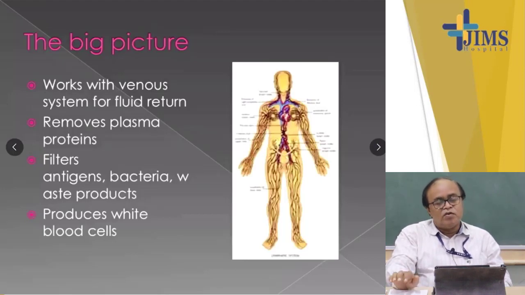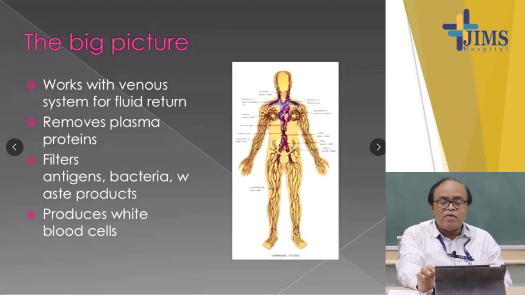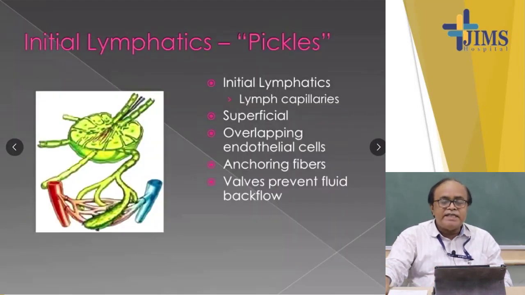The 10% which is perfused in the tissues for their nutrition, supplying of nutrients and other materials, and collection of bad elements from the body, is carried back to the venous system by the lymphatic system, and it removes plasma proteins, filters antigens, bacteria, waste products, and produces white blood cells. The initial lymphatics,